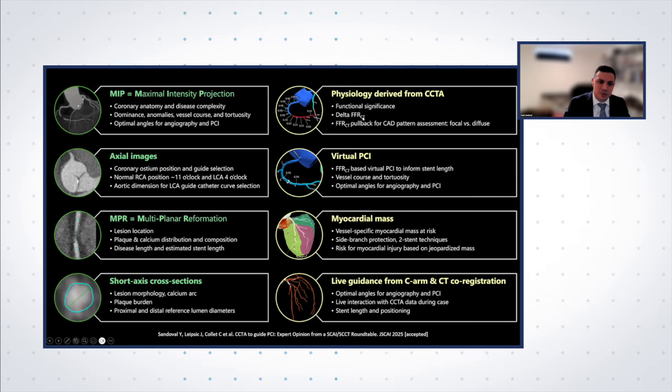And this unlocks now the opportunity to also go beyond what we call FFRCT 1.0 to FFRCT 2.0, in which now you're using this beyond diagnostic purpose, but you're using this to phenotype coronary artery disease, understand whether the lesion is focal or diffuse, but critically, get the component of virtual PCI, in which now you can understand what is the stent length that will provide an ideal improvement in flow in that vessel.